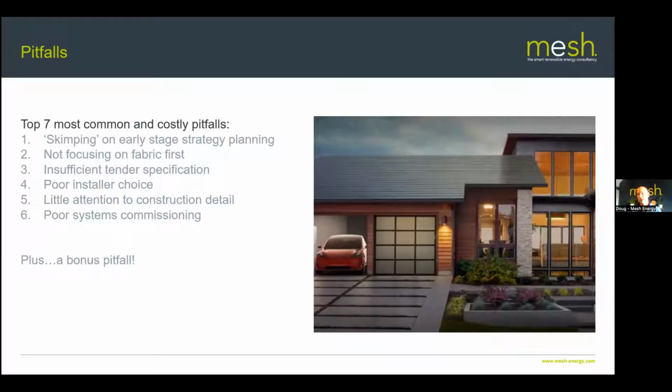I've talked about people thinking fabric design is dishwater dull. Well, maybe so, but it can cost you a vast amount of money if you don't take it seriously. And increasingly, you're not even going to be compliant with building regulations. So there's a big stick poking you out the backside to at least take fabric seriously, even for those who